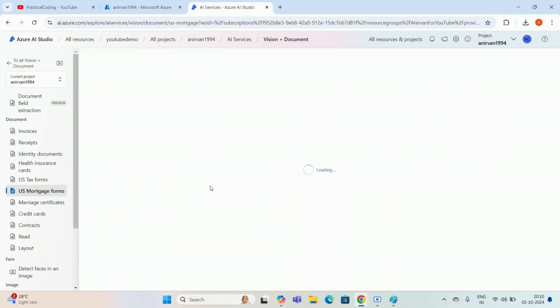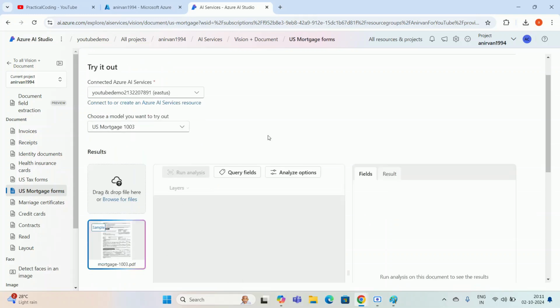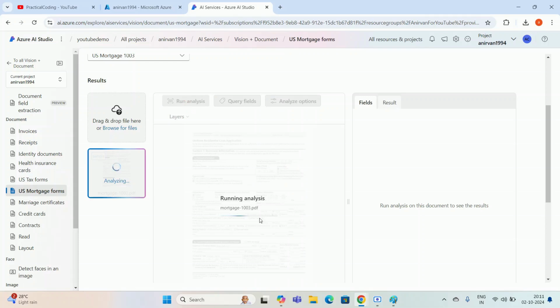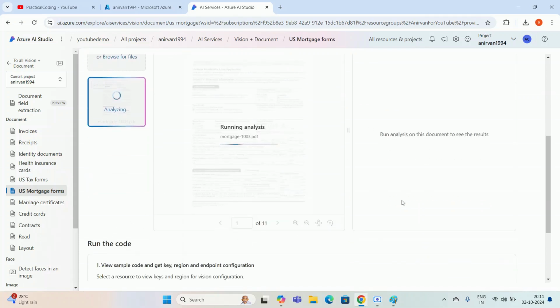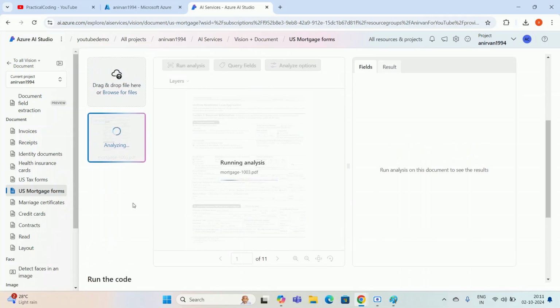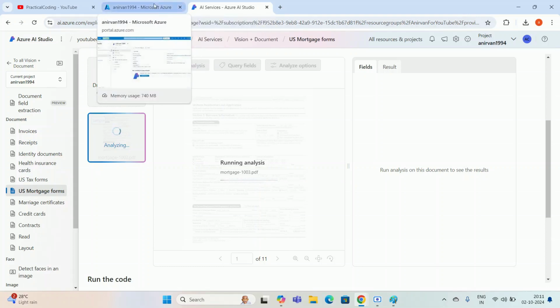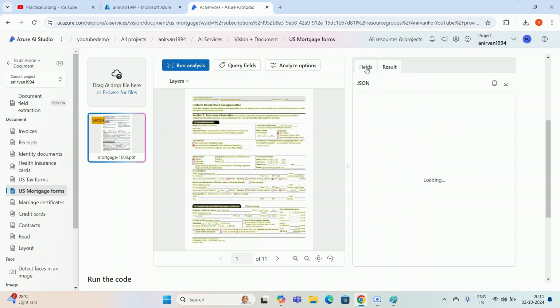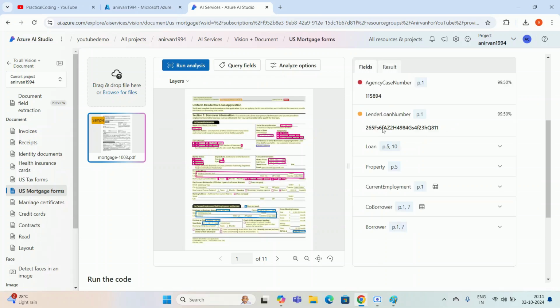And if you are satisfied with the answer and you are ready to connect, then you can simply go ahead. See, I'm opening this, and this is a US mortgage form, I guess. Okay, so you simply go to run analysis, and it will run the analysis and extract the text. It will take maybe a few seconds of your time, because it is running the API in the backend. So if you want to try this demo, you are very much welcome. You can try all the demos. You can see loan, property, so those are the extracted fields. Agency case number. Okay, so they have identified the case number. This is the confidence. Okay, so this is the result.